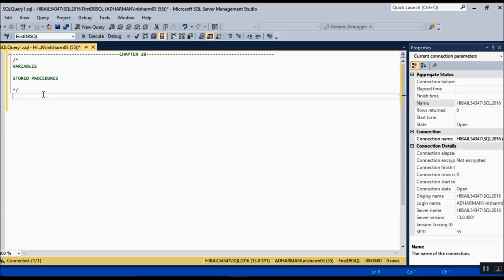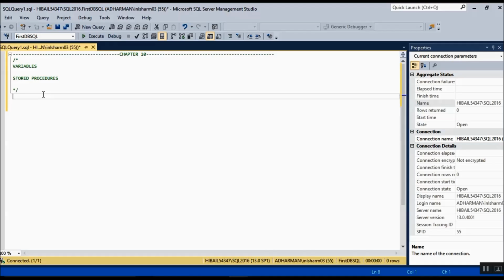As with any language, variables play an important part in executing the code or how the code runs. In SQL, we also have the facility of using variables. We can store the data of any type into variables and then we can use that data later on. So you need to first understand how we declare a particular variable inside a SQL statement or SQL queries or a